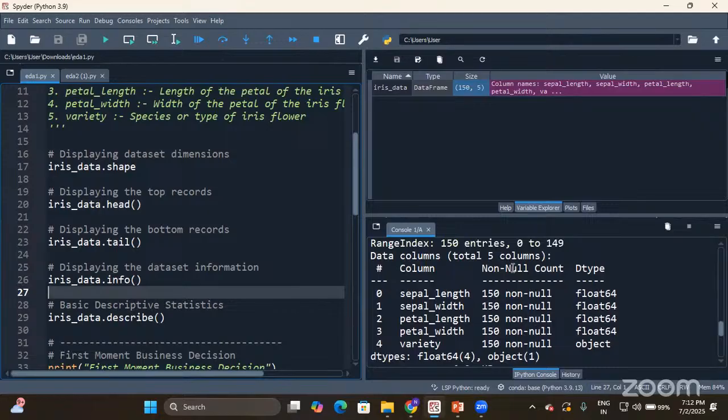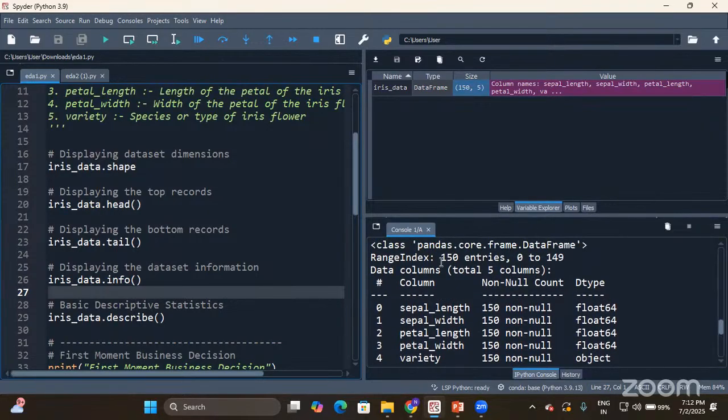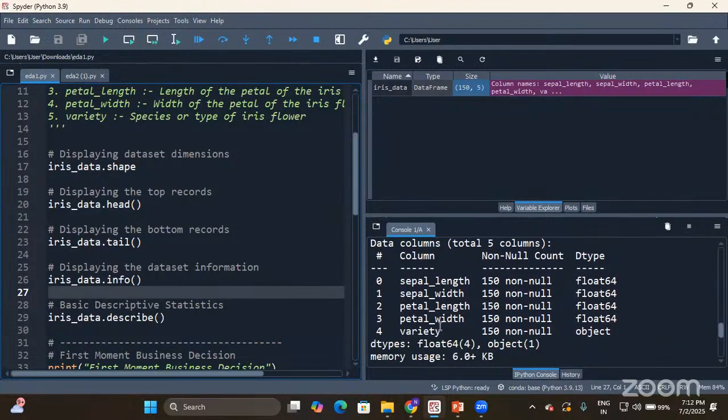How many columns? 5 columns. How many rows? 150 rows. Their index, the column names, then the non-null count, so it also tells whether the values are null or not. Then the dtype, the data type. In this way, it is going to provide the complete information.